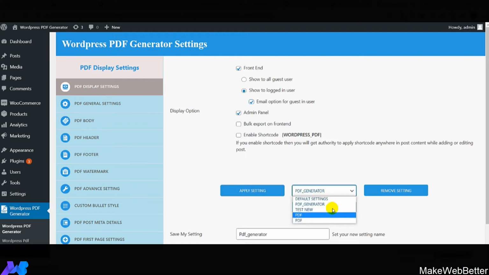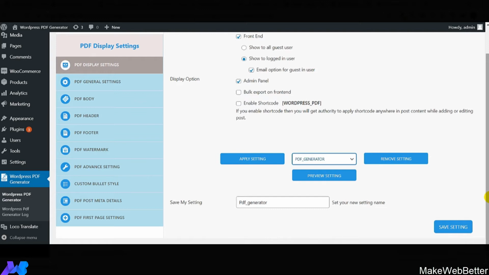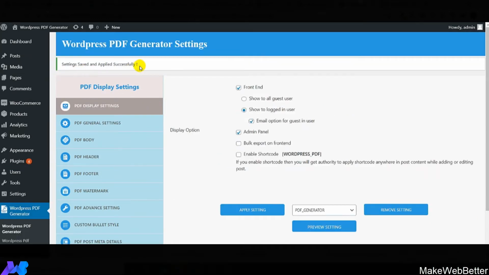From here you can create the new setting for PDF, and you can see that there is a drop down, and over here if you want to mention the name as per your needs and requirements, you can set your new setting name very easily. After making all the settings, what we have to do is click on save settings. So guys, all the settings have been saved successfully, and now we are going to move to the next section,